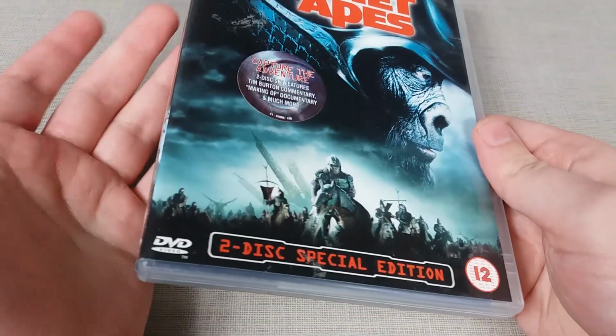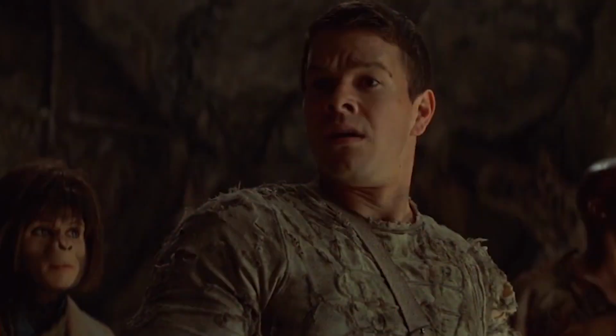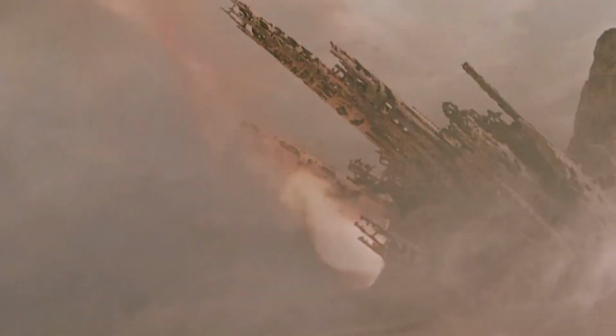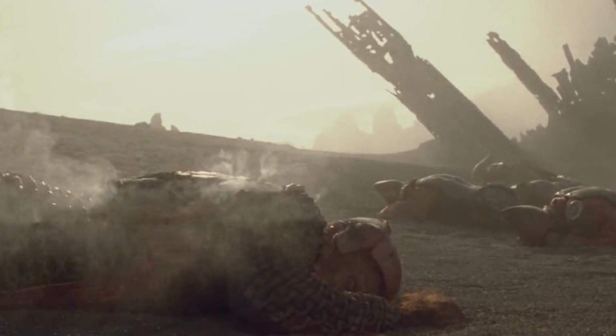with a little bit of a role reversal, where Leo is now creating a counterattack on the Forbidden Zone against the incoming ape army, and he enables the crashed ship to dispense some fuel at the army, creating one hell of an explosion. And the fight sequence that follows and the battle moments throughout are really intricate and well choreographed, which is arguably the best scene in the movie, only to then suddenly be interrupted